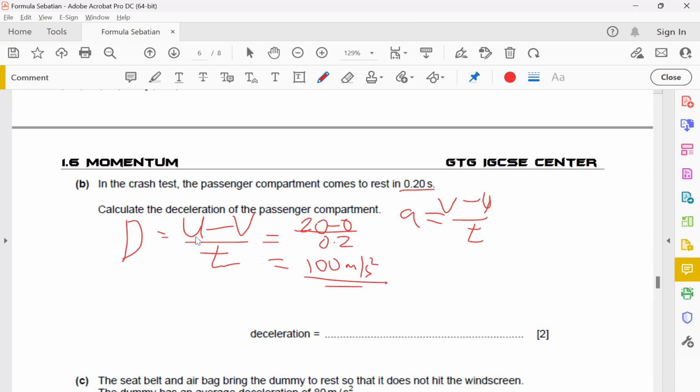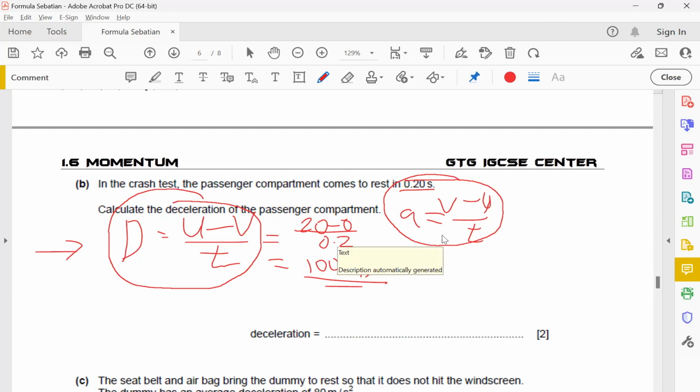Oh, really? You were lost for this one? Just remember the acceleration and deceleration is the exact opposite, and because they are the exact opposite, this one will change. Instead of final minus initial, it will be initial minus final. Remember, this one is important. Okay, then